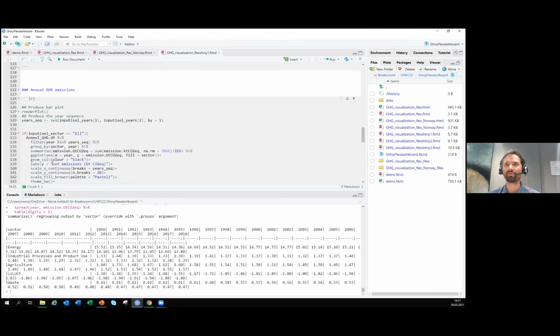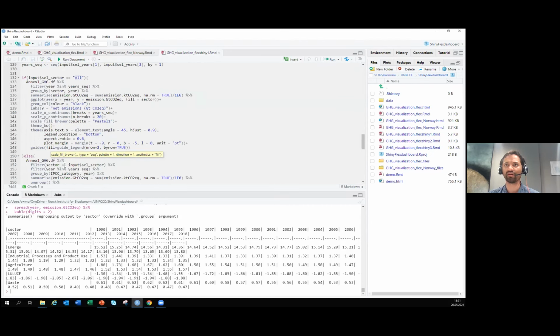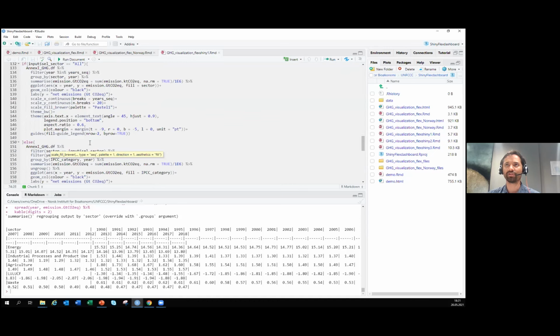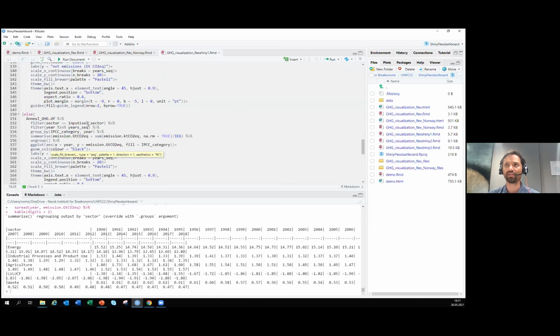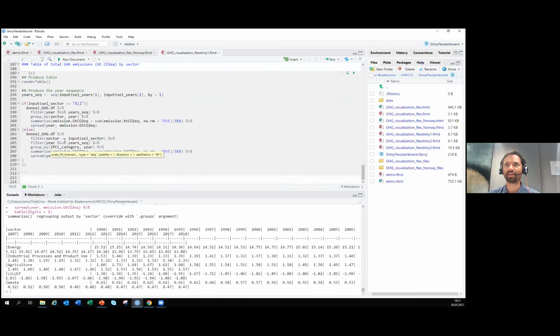And then we're doing a similar thing for the bar plot. Again, we separate between the all option and individual sectors. And we do the same thing for the tables. So now if we run this document here,